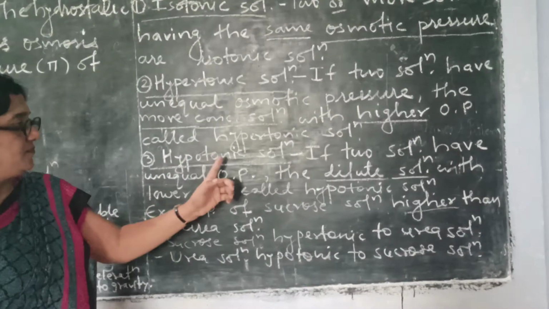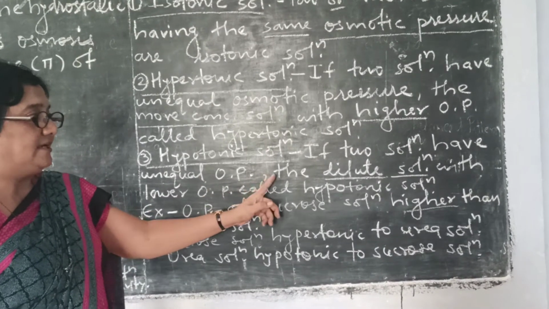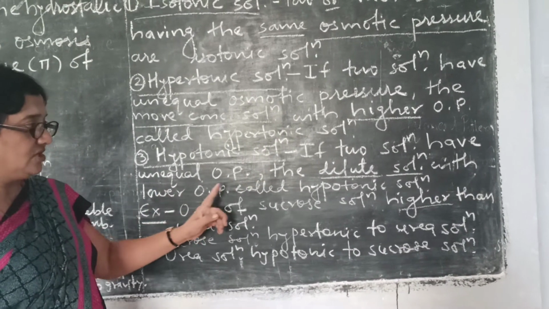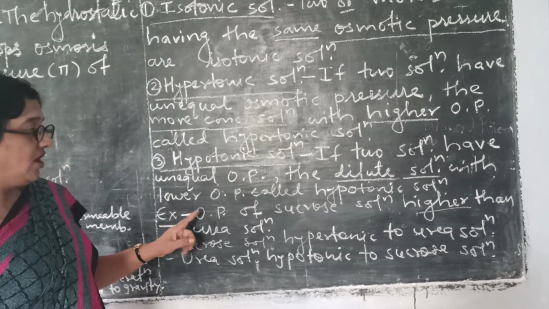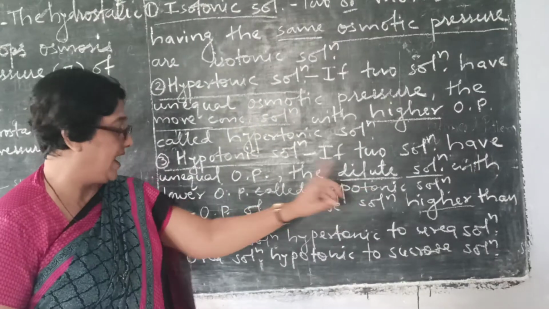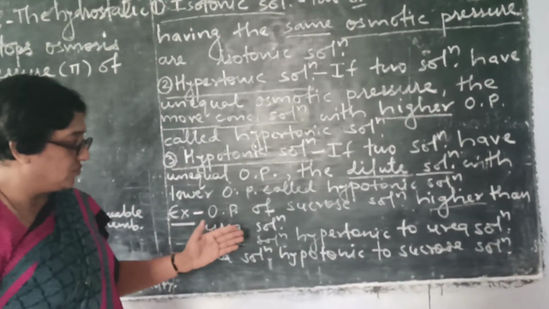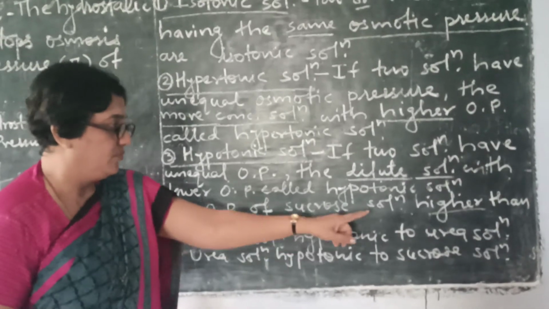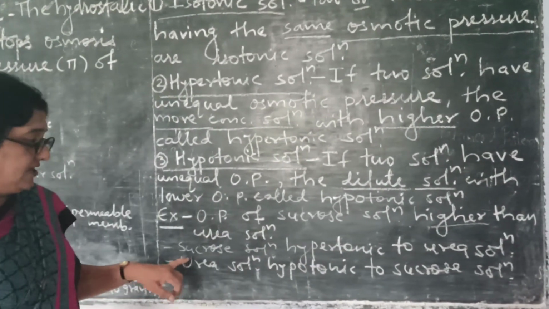Therefore, the definition of hypotonic is: if two solutions have unequal osmotic pressure, the dilute solution with lower osmotic pressure is called hypotonic solution. Let us take one example. The osmotic pressure of sugar solution is higher than the urea solution. How can we say? The sucrose solution is hypertonic because sucrose has higher concentration compared to urea solution, and urea solution is